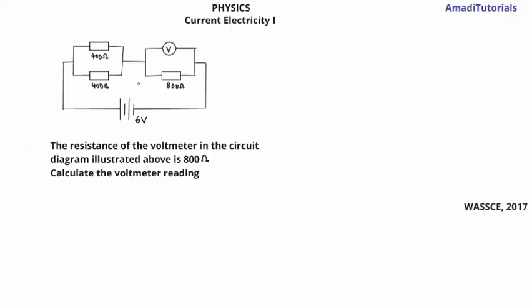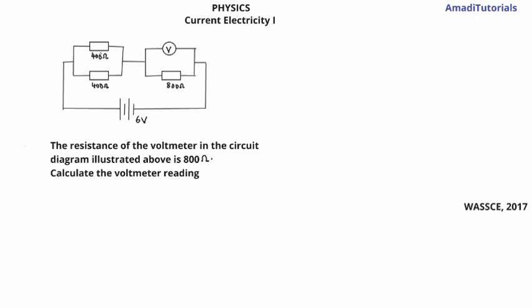To understand the concept of voltage, current and resistance, let's analyze this question. It says the resistance of the voltmeter in the circuit diagram illustrated above is 800 ohms. Calculate the voltmeter reading. So this is the voltmeter here represented, and you see it's connected in parallel to this 800 ohms